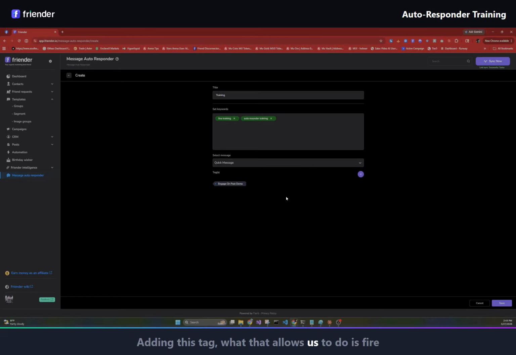Adding this tag, what that allows us to do is fire off automations. If we want to build complex follow-up systems and other automations, we can build those. There's other trainings on how to do that. But for example, if I have to give you a use case, let's say I have a free training, okay? And that free training is my lead magnet that leads into a paid offer. I can have that at a URL, especially if I'm using Friender tracking links. And whenever somebody messages me free training, I can set up an autoresponder. I can send them the link to the free training, and I can add a tag, gave free training link,